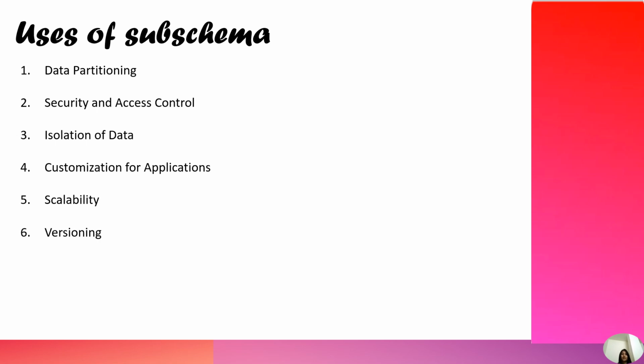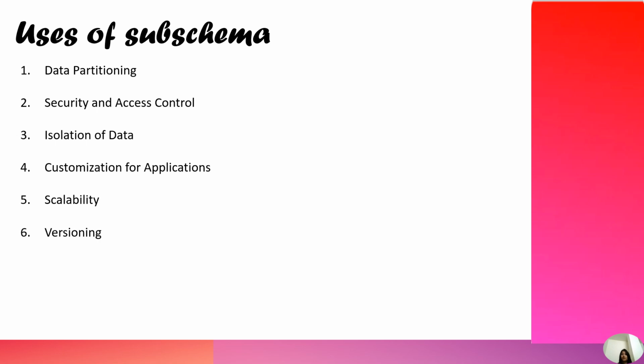Scalability. In large-scale systems, subschemas can enhance scalability by allowing for the distribution of data across different segments. This can lead to more efficient data retrieval and improved performance. Versioning. Subschemas can be used in versioning strategies where different versions of an application or service work with their designated subschemas. This allows for smooth transitions and backward